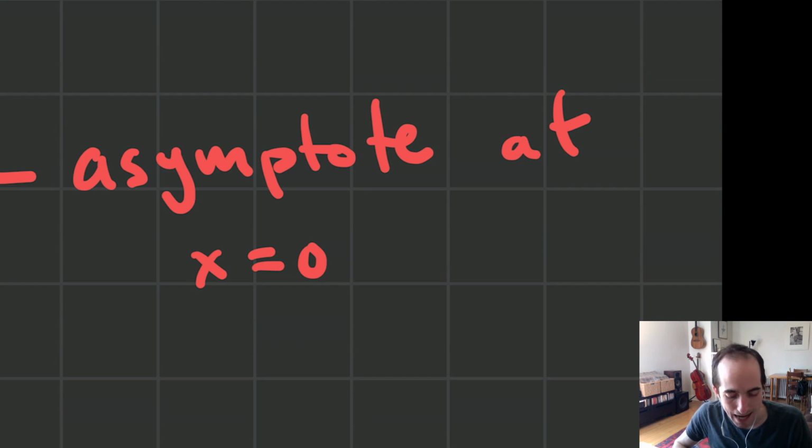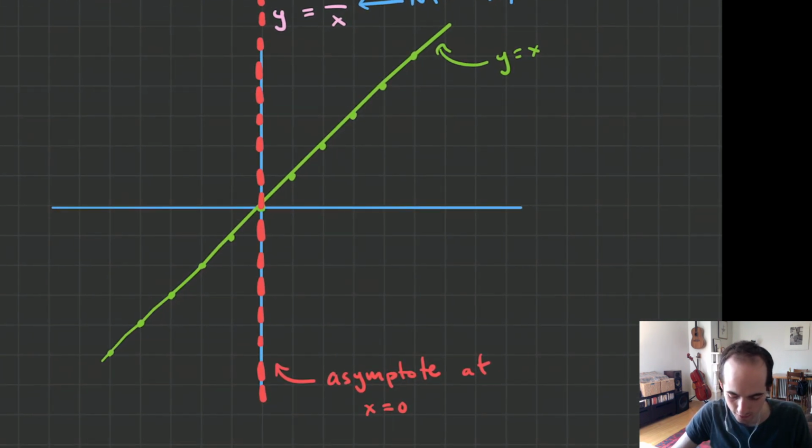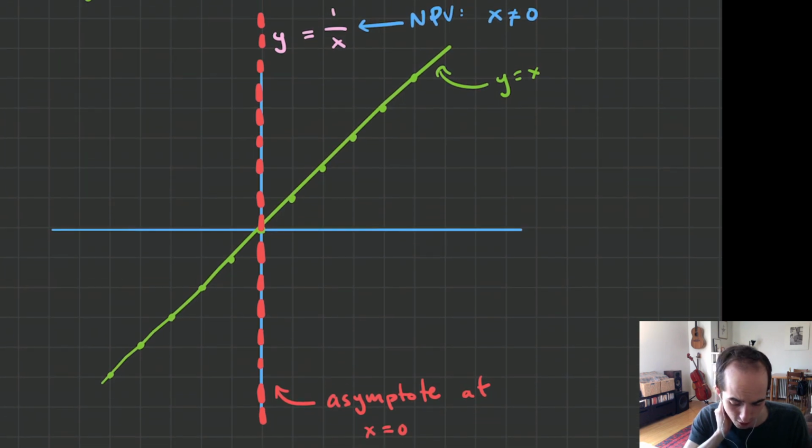And we write that there's an asymptote at x equals 0, and an asymptote is a value that our function gets very close to but never equal to. So we'll see what that means in a minute, but I thought I would just start off by saying,